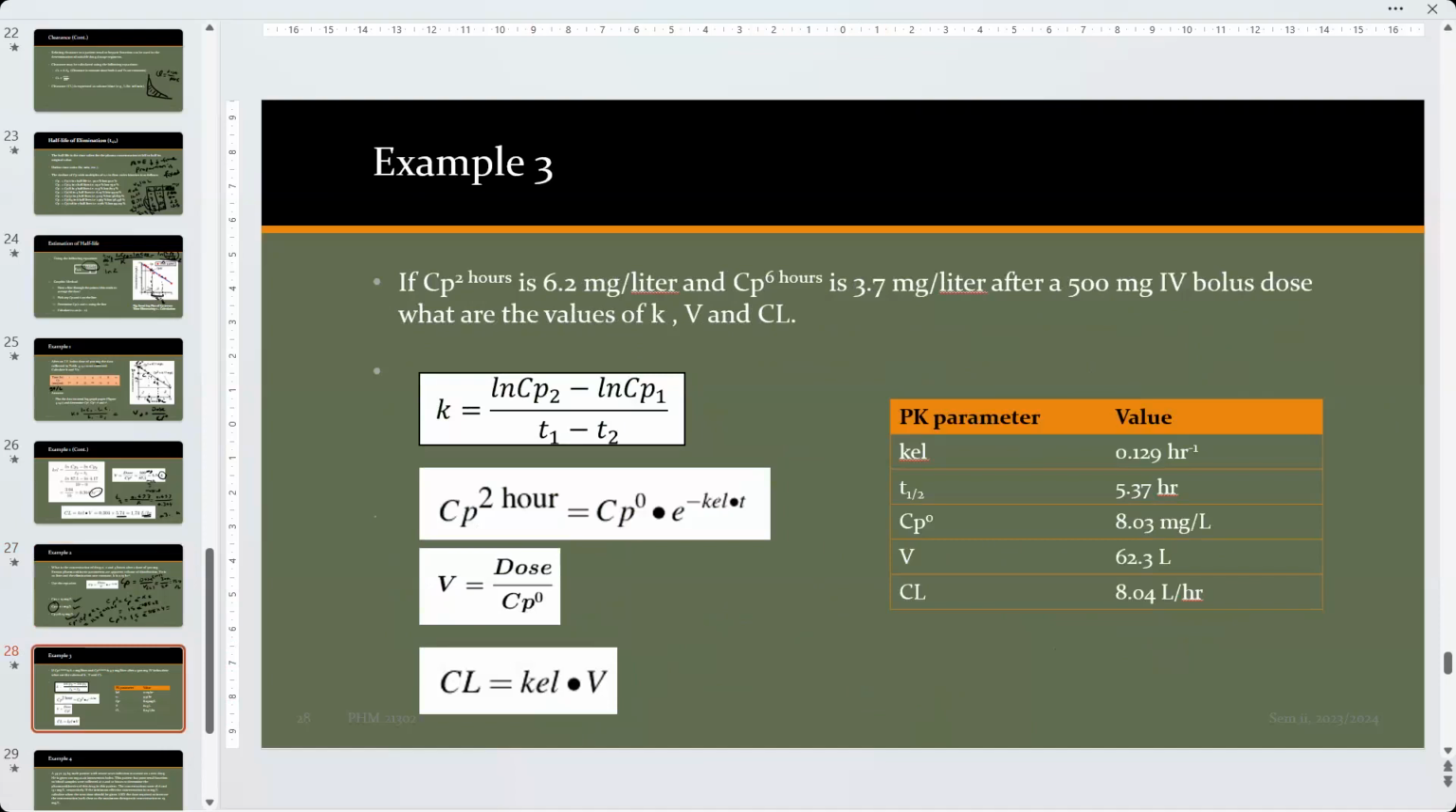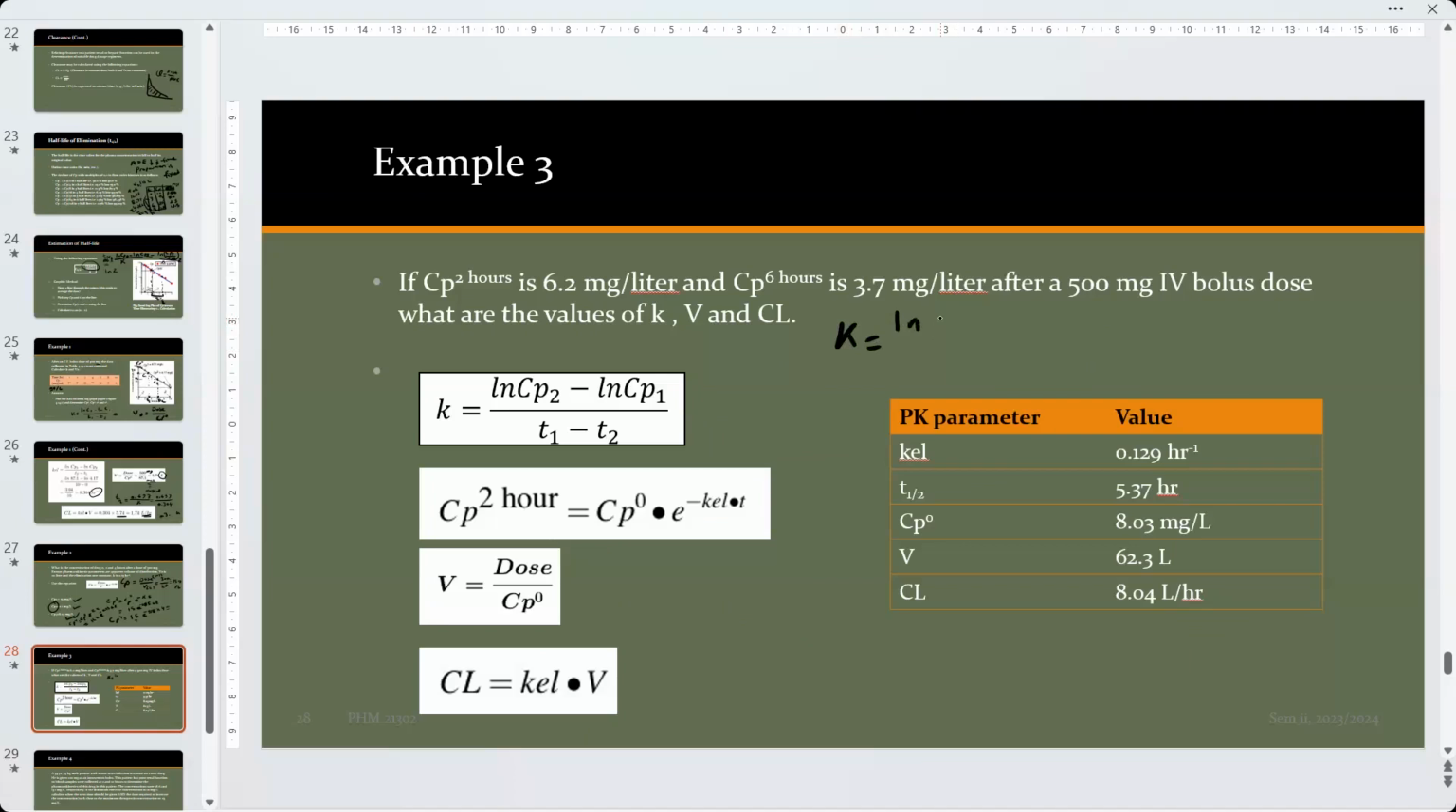The third example is if CP2 is 6.2, CP6 is 3.7 milligram per liter, the dose is 500 milligram IV bolus, then what are the values of K, V, and CL? So we can calculate so many things. Number one, K is the easy one to calculate. So K equal to